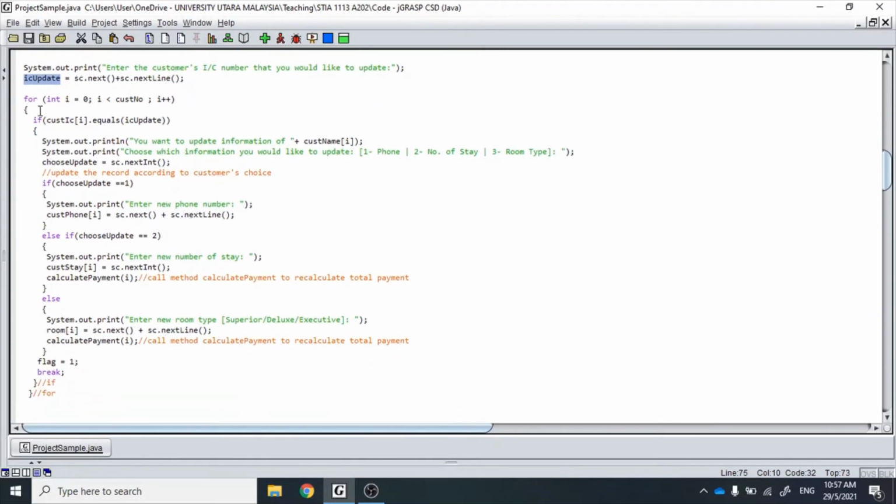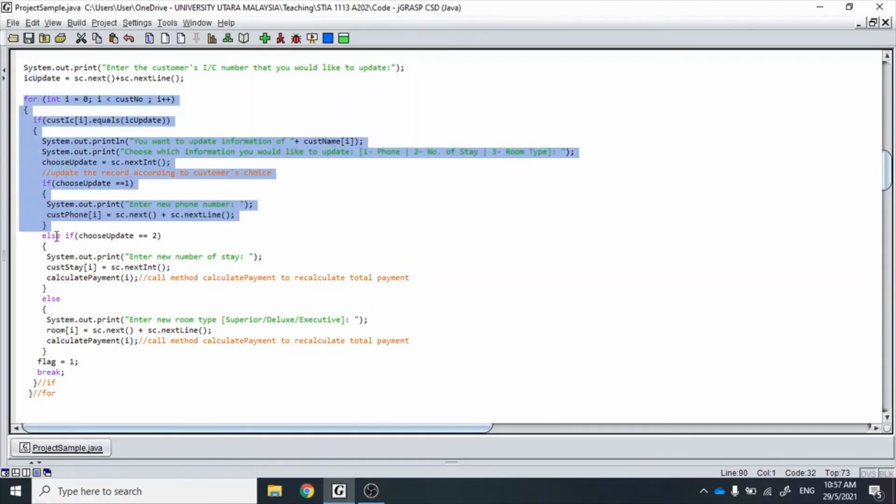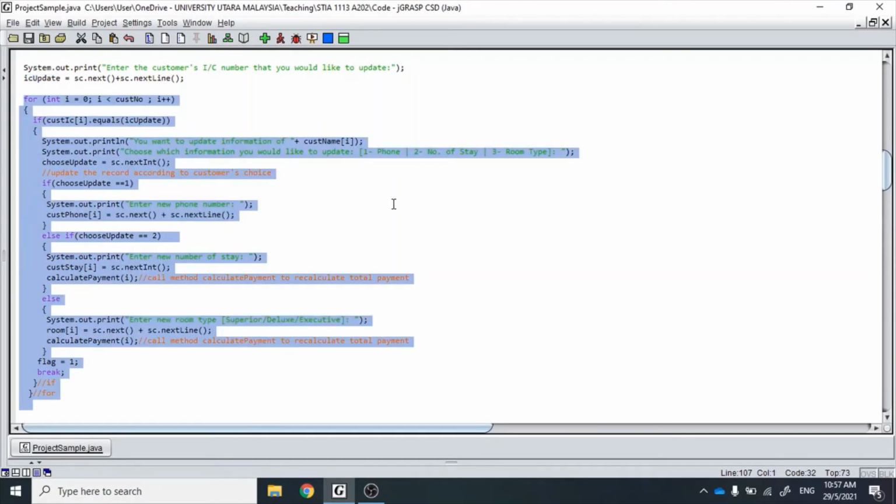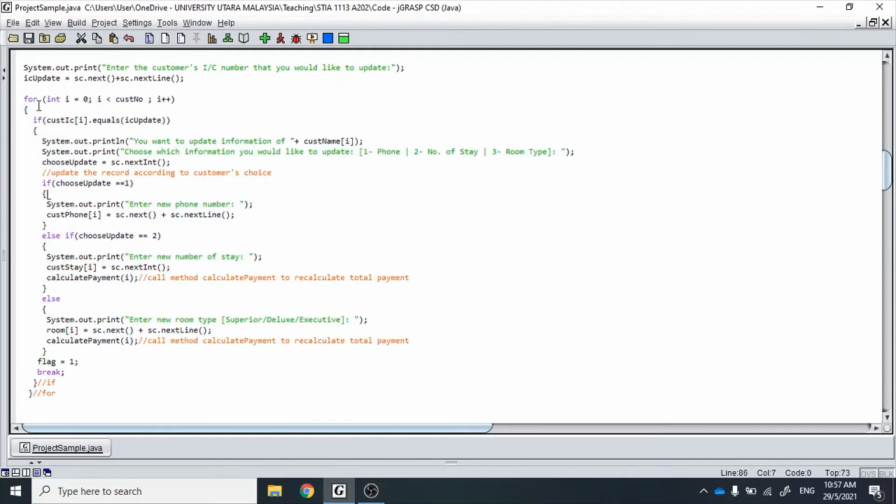So based on that, we have this for loop. This for loop we have learned before. I have explained in the previous video as well how to do the searching. So inside the for loop, we traverse the information one by one inside the array, and we are focusing on the casIC array because we are going to do the searching based on the customer IC. So if customer IC dot equals the ICupdate that the user would like to update just now, we are going to